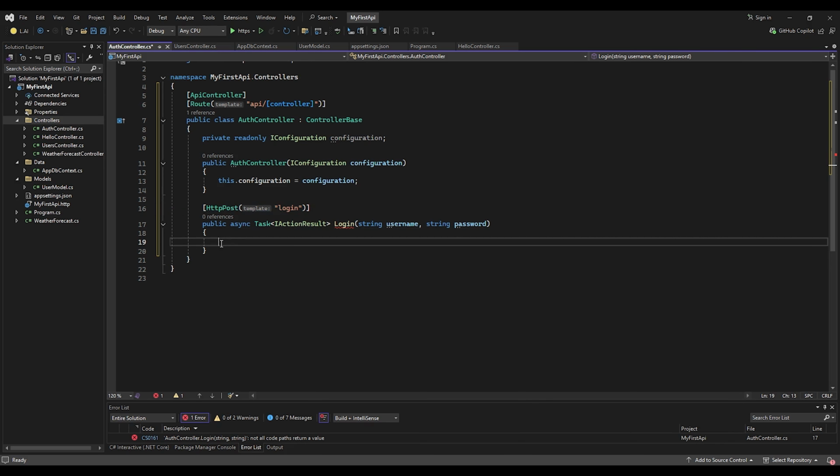This endpoint accepts a username and a password. If the username and the password are correct, this will return a JWT token. If username equals admin and password equals password,